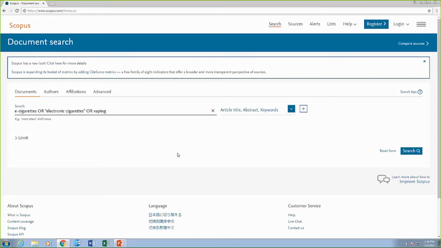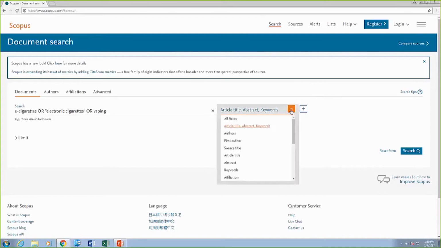And Scopus allows phrase searching and wildcards. What is the phrase search? We have studied earlier also, a little bit. Let me remind you. Double quotes will search for fuzzy phrases. It will search for both singular and plurals. For example, heart attack will find heart attack and heart attacks both. Curly brackets will search for the specific phrase only. If you have enclosed heart attack in curly brackets, it will search only for heart attack.